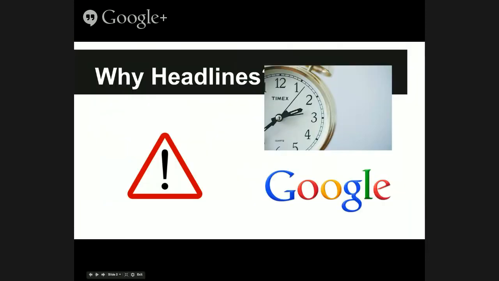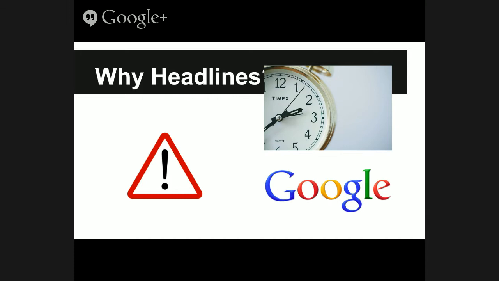First question, really: why blog headlines? Why are blog headlines so important? Because they really are. This is a key part of your blogging experience. If you are writing, you have got to get those headlines right. You've got to make sure that you get the headlines presented to your readers in a way that grabs their attention quickly. So the three core reasons why headlines are so important are attention, and that breaks down into search,